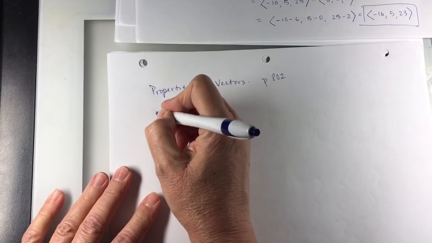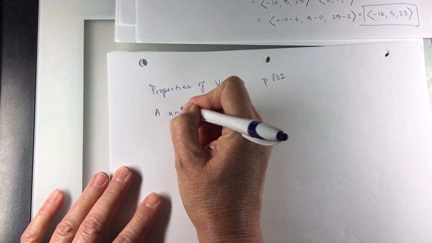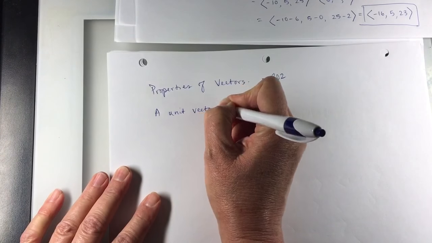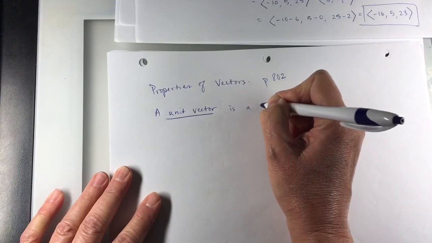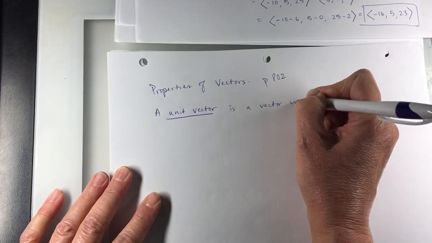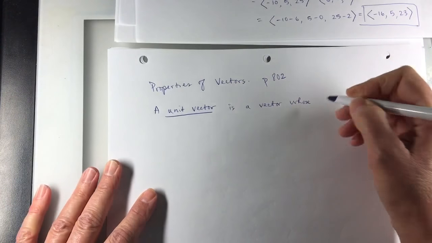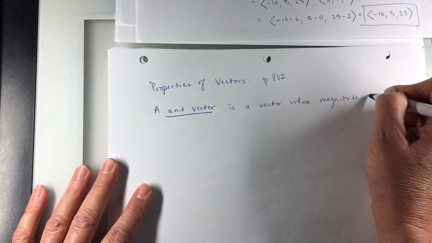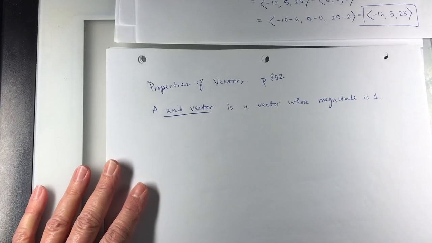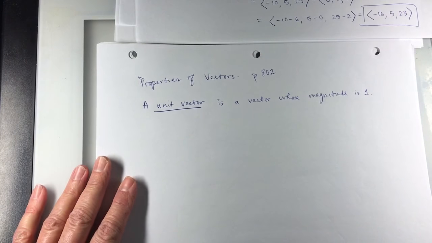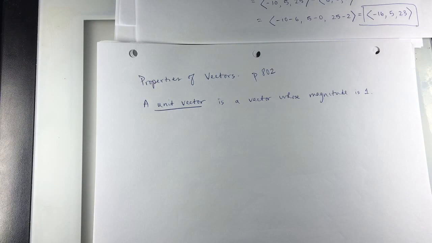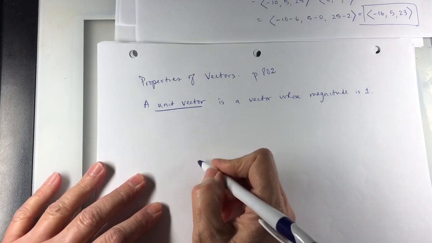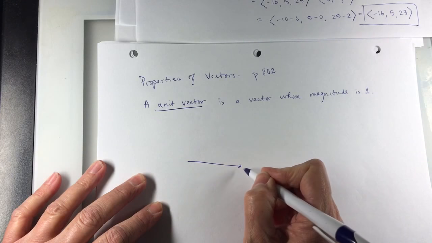Unit. So a unit vector is a vector whose magnitude is 1. And there are some unit vectors that are very important, and it's the ones that correspond with the positive x,